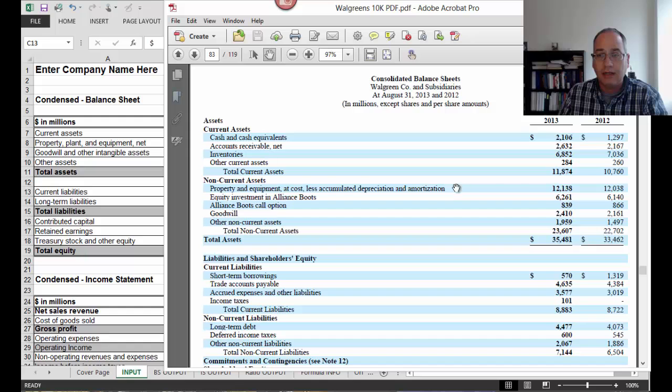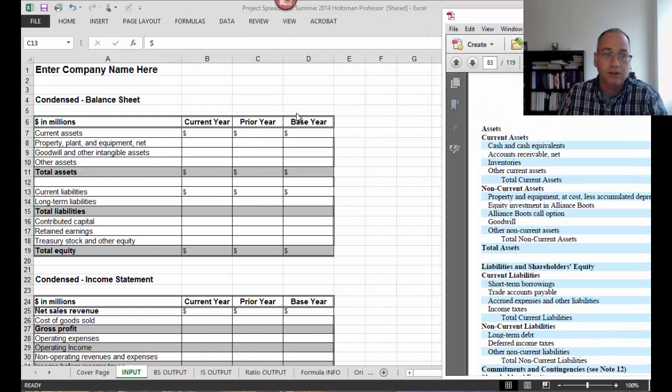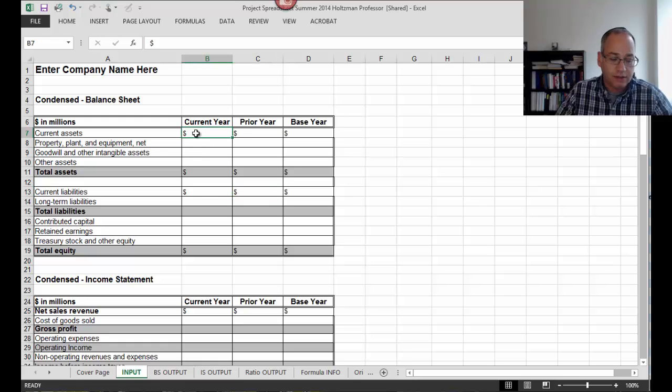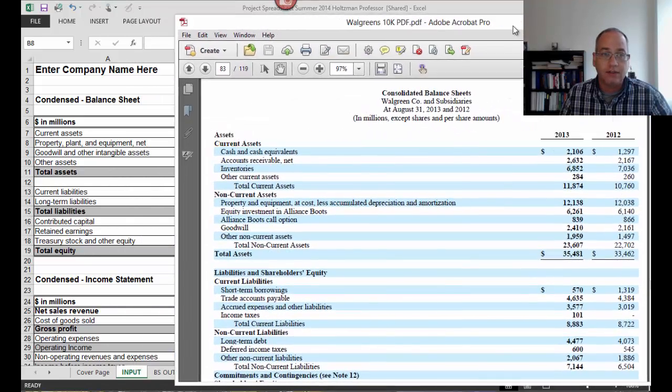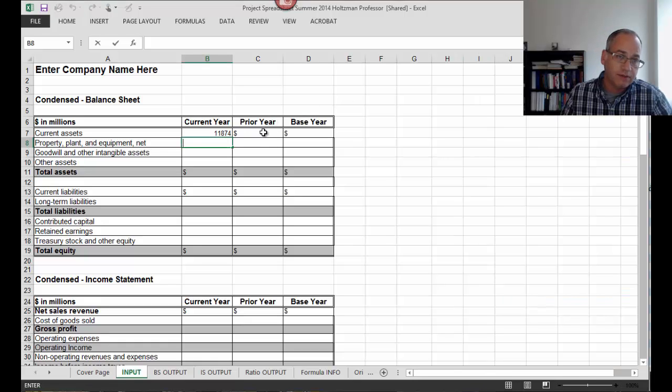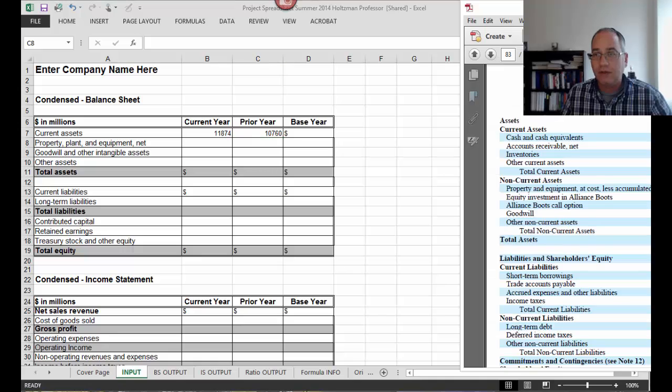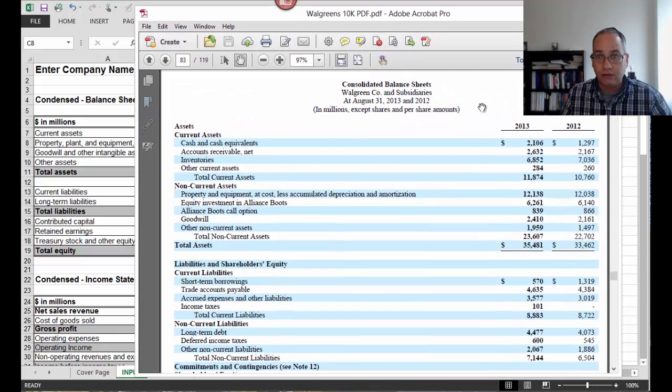And then, for example, current assets it asks for. You can see here the current assets is 11,874 in the most recent year. So here you would type in for current assets 11,874. The prior year, current assets is 10,760. So 10,760. And for the base year, you would need to look up, because companies only give 2 years of balance